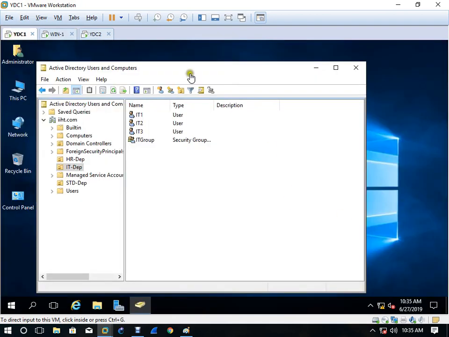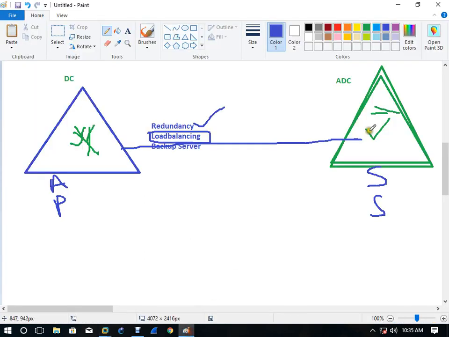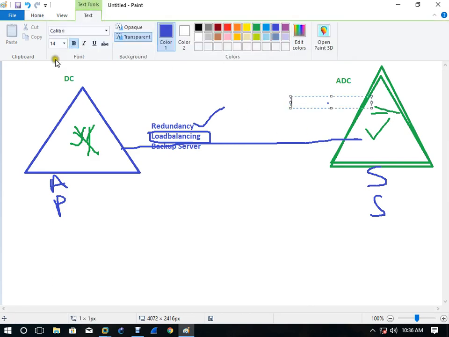Okay. Now what will happen if the server is down? So you need one backup server. Now you will have a question. So which type of backup server do you need? Right? So you have two options. One is what?